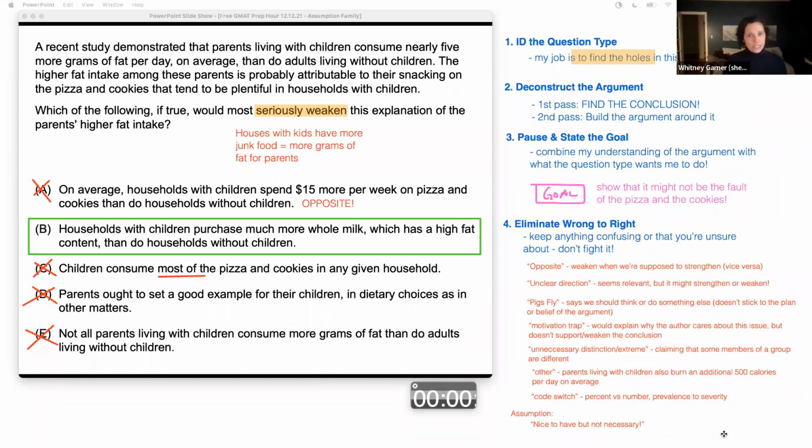So the argument only talks about percentages, and then answer choices bring up numbers. Or the argument only talks about how bad each instance is, oh, it's terrible, the leak is awful. And then an answer choice talks about how frequent the leaks are. So anytime we've got this code switch, so to speak, that will also indicate a wrong answer in this family of assumption families. So what I'd strongly encourage you to do is maybe grab a screen grab, particularly of